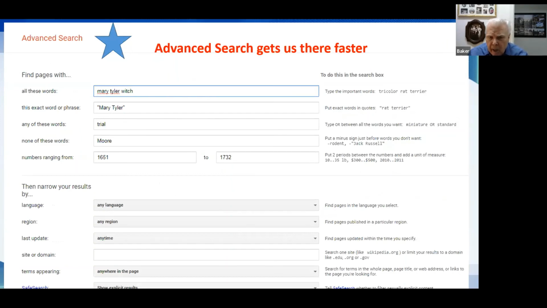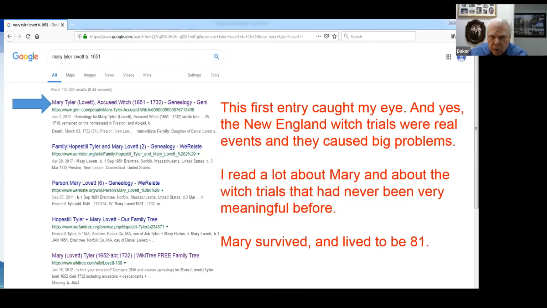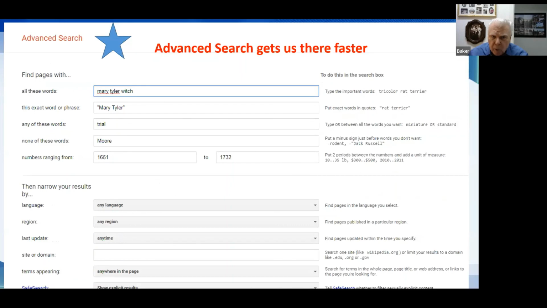Now, I did that one with just, see up above, I was not yet in advanced search. This time we're going to do it with advanced search, because advanced search will get there faster. See, here I'm following their directions. Mary Tyler Witch on the top line. The exact phrase, I wanted to say Mary Tyler. None of these words, I don't want them to say Mary Tyler Moore, because I'll get 300 hits and I won't want those. So this is how I'm going to get